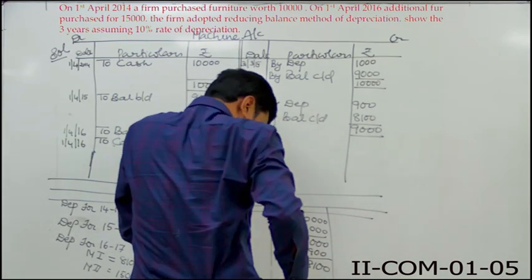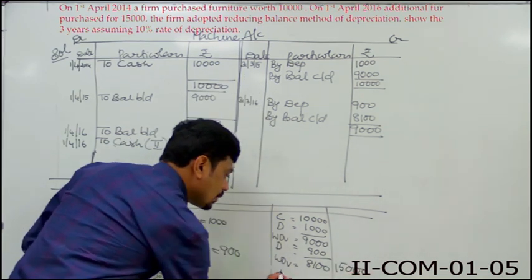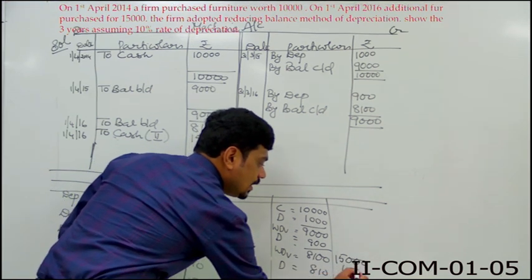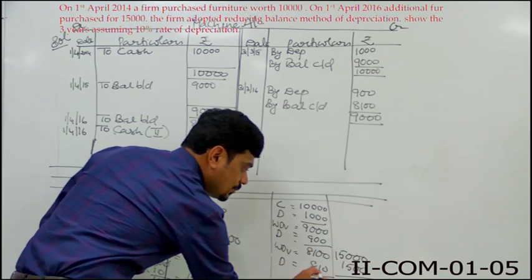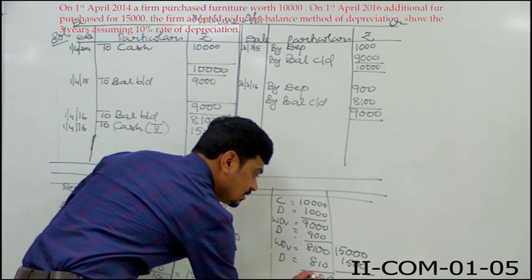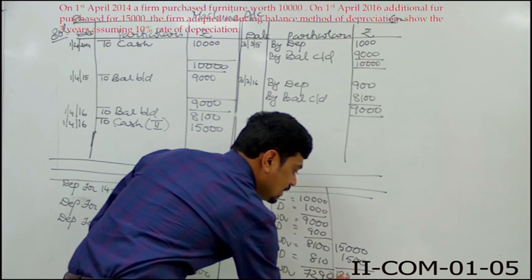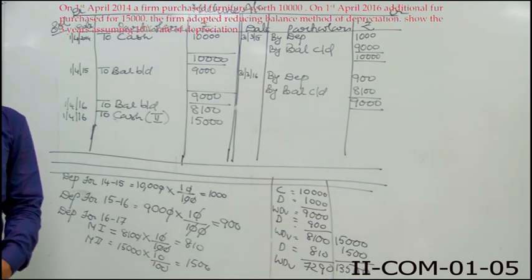So now here I'll post the depreciation of 2 machines. First I'll write here 15,000. Now depreciation. How much? 810. Here 1,500. Be careful with the calculation. 0, borrowed 1, 10 minus 1, 9. So 0. 80 minus 8, 72. This is the written down value. And the second machine again 13,500. Now we are going to post it.